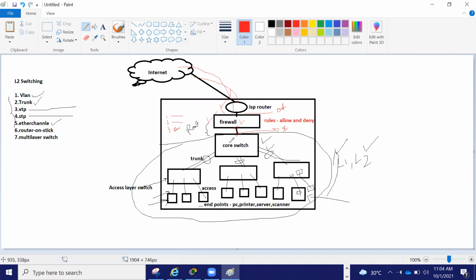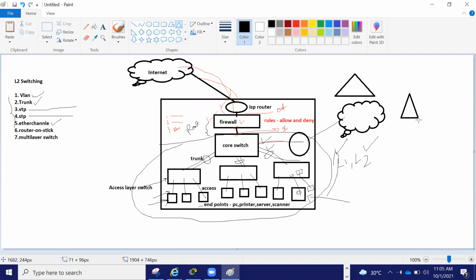So see, this is the internet connectivity. Similarly, if you have branch offices, then there will be another MPLS router. Some router will be there, with MPLS technology or some other technology. It will connect here from your switch, and from here it will connect to your branch offices. Actually, let's say it is an MPLS cloud, and from here all your branch offices will get connected. Let's say Bangalore, Pune, USA, UK.